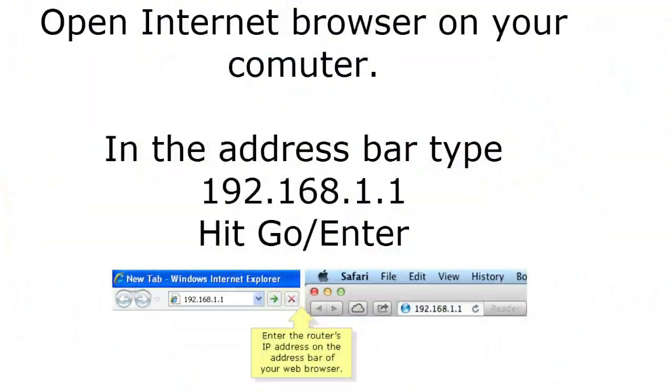Now once the connections are done, we will open the Linksys router page. On your main computer, open an internet browser like Safari or Firefox or Chrome or any other internet browser you have, and in the address bar type in the number 192.168.1.1 and hit enter or go.